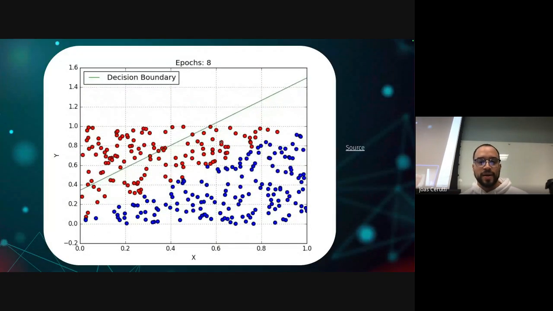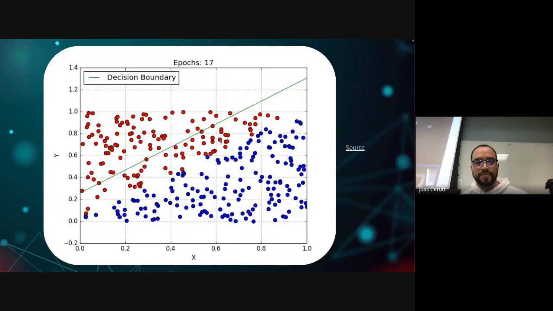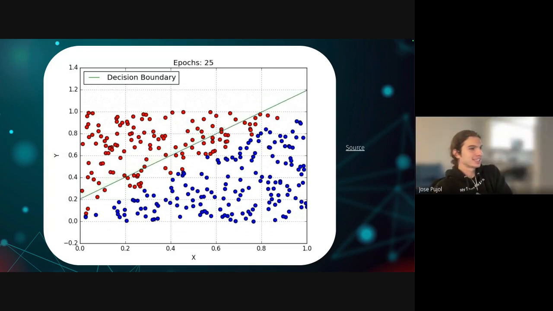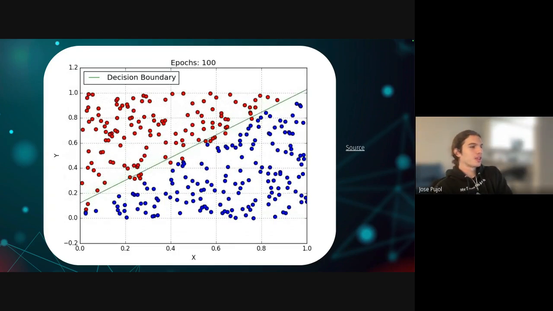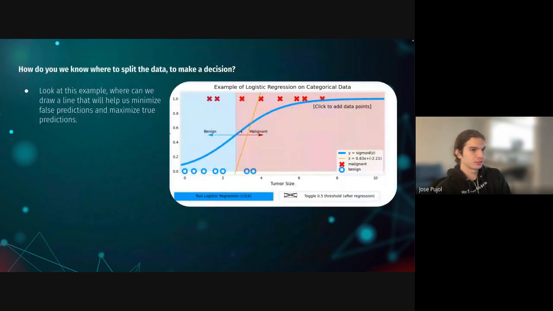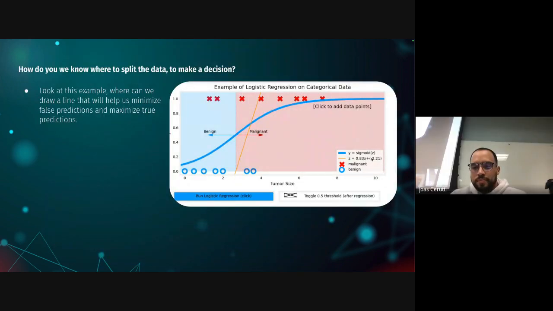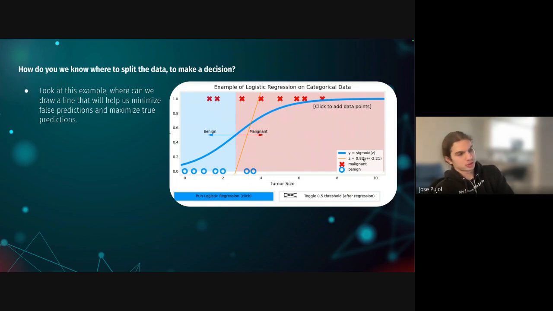And then we've got a nice little visualization. This is the decision boundary denoted by that linear model that you have in there. Again, you see the Z is essentially a line, like a linear model. It's trying to find a good way to partition the data. It depends where you put your threshold.